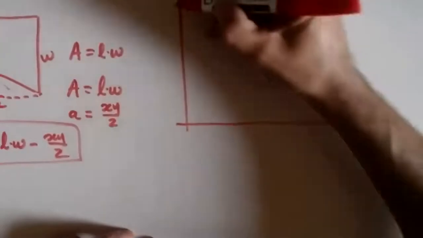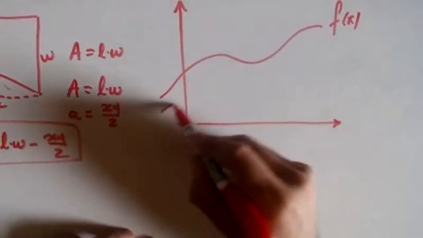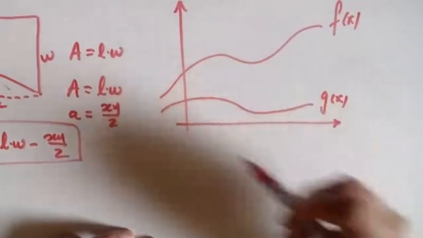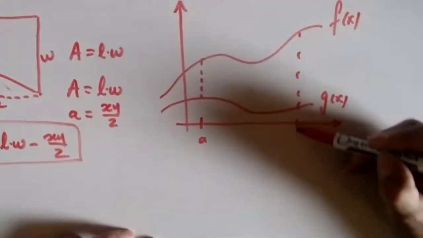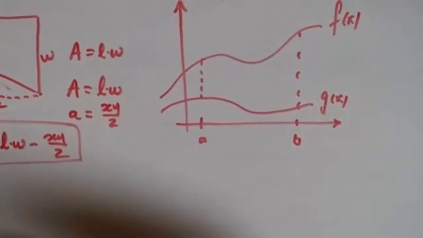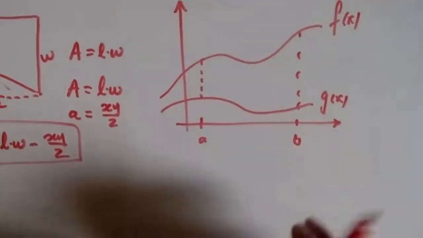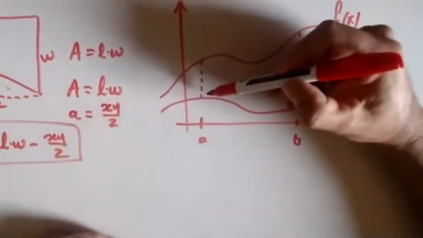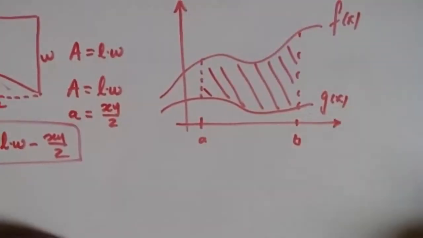In calculus, let's suppose here we have two functions, a function f and a function g. And then we define the interval a, b. So it's an interval in the domain of the two functions. And in this situation, if you want the area of the region between the two curves, well,